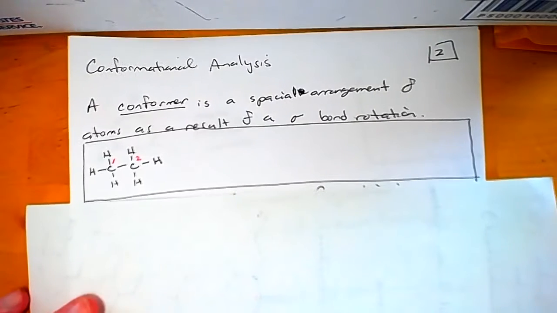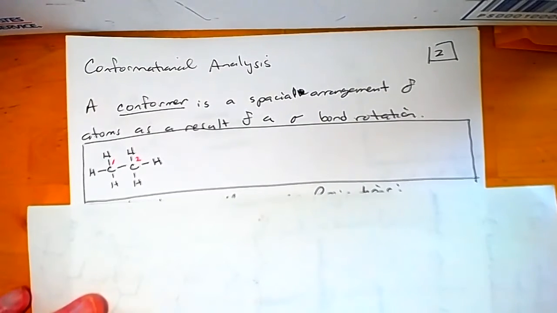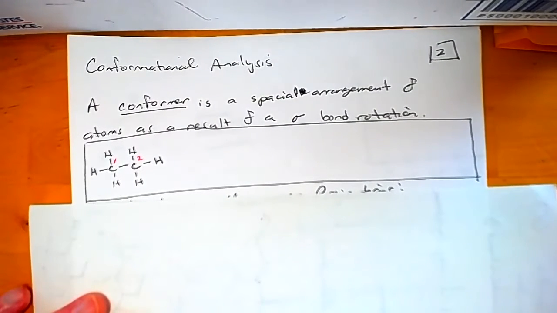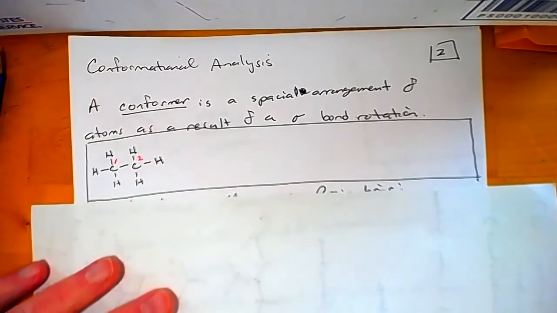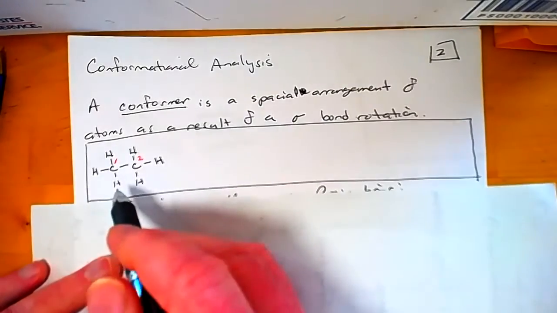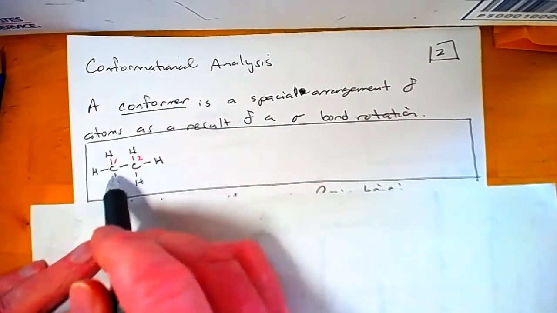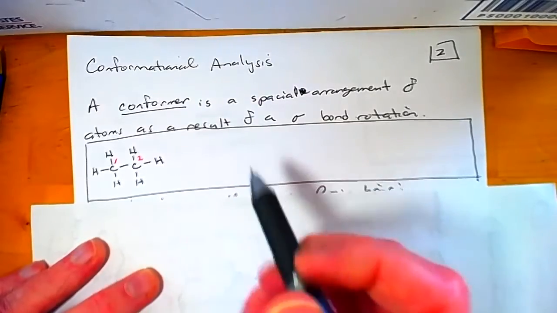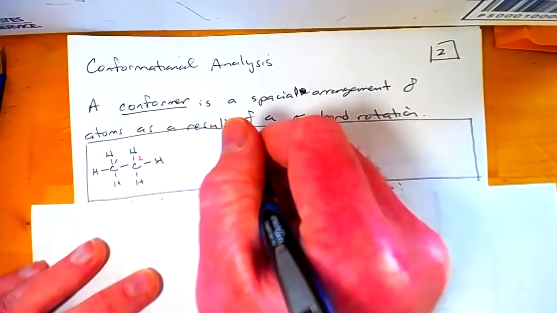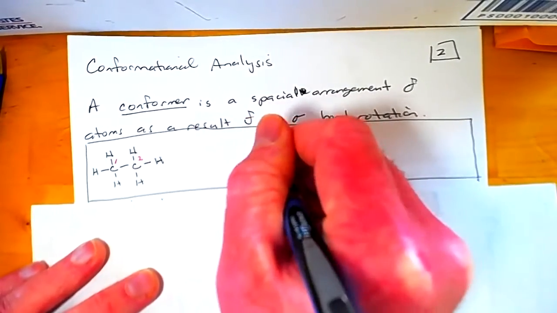Now, one of the things that helps when you're doing this is to have a representation that allows you to look at a compound in three-dimensional orientation, so it represents the true bond angle a little bit better. Here I've drawn out a molecule of ethane, and obviously those are not 90 degrees, those should be 109.5. So I'm going to draw out those two carbons, carbon 1 and carbon 2,